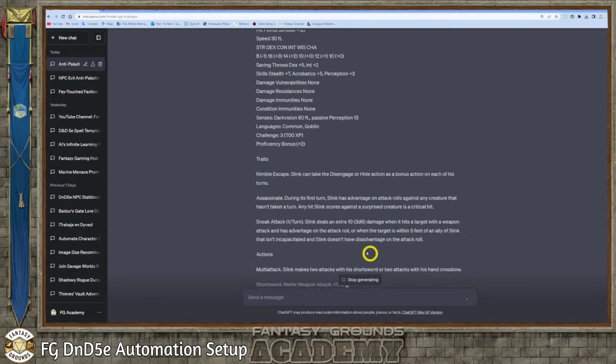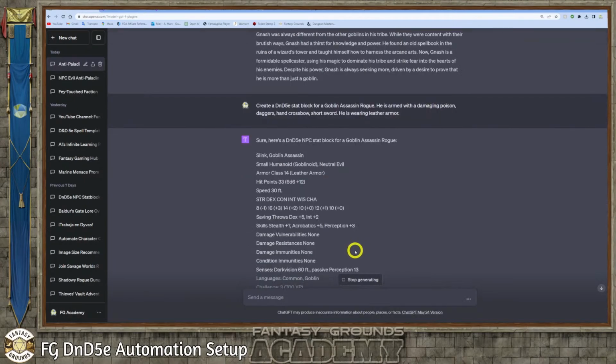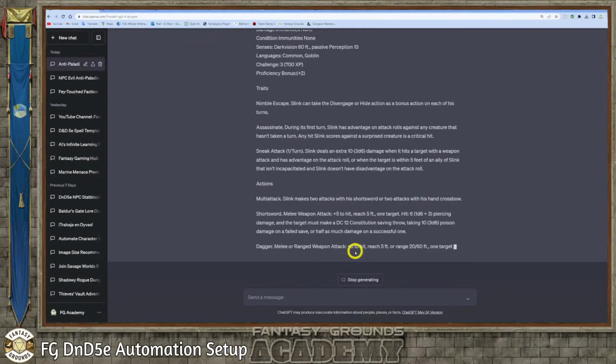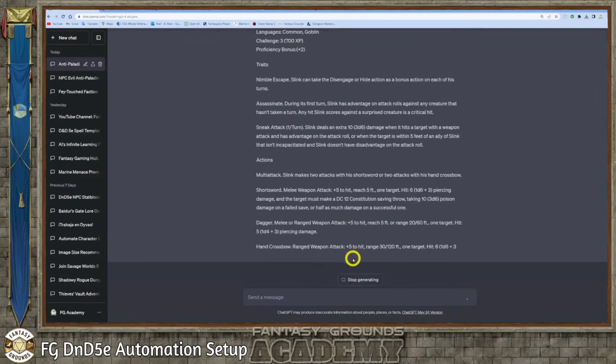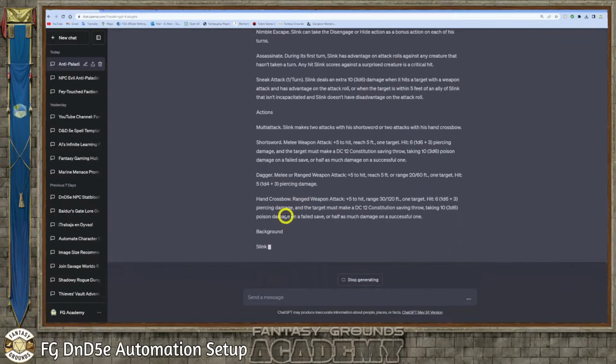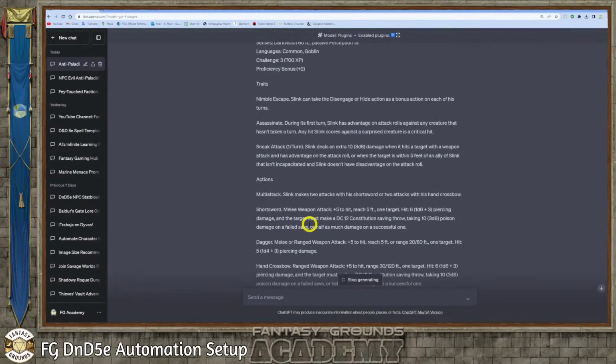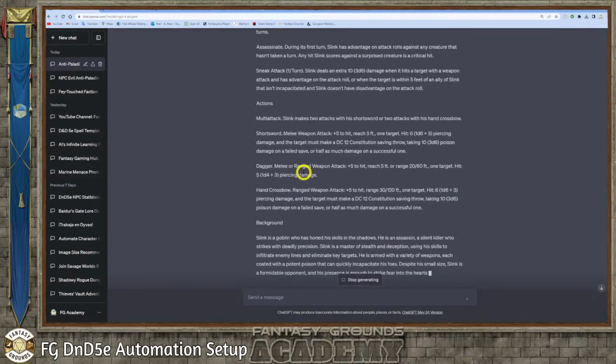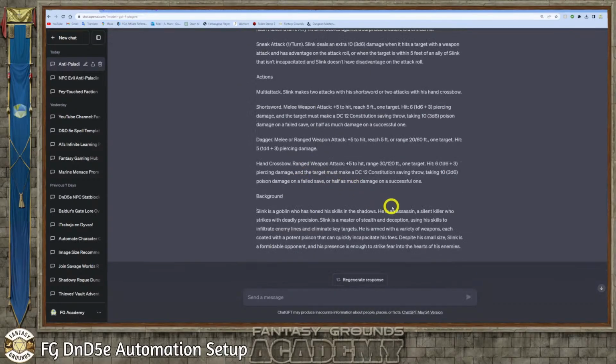Okay, so this guy looks kind of high level. Let's see what he is. He's a CR what? Ooh, CR 3. Nice. All right, that looks really neat. So he's got background. He's got assassinate. They didn't put the poison in, but that's okay, I can handle that. So I can say, please add the poison damage trait for applying the extra poison damage,